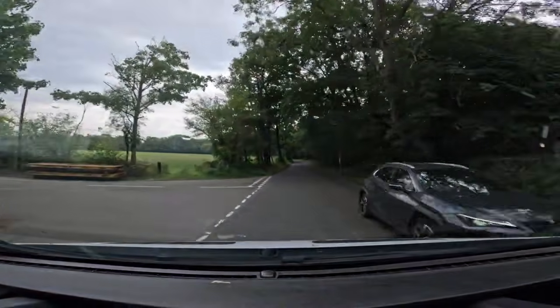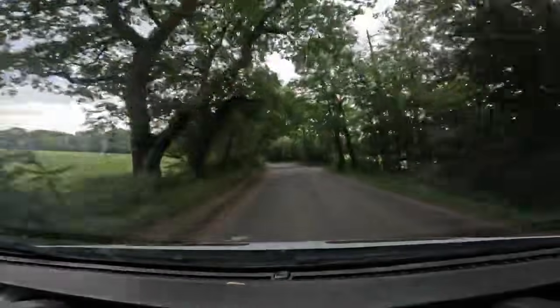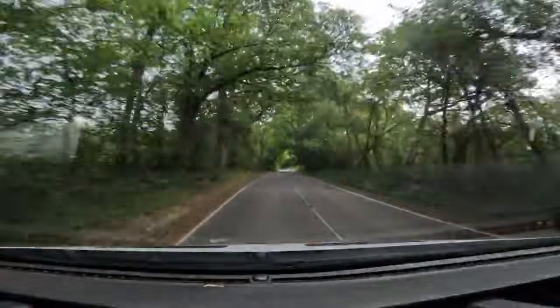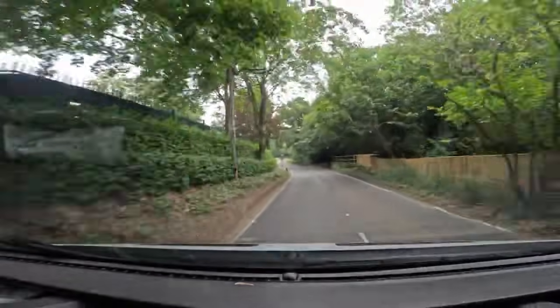Slow just to see, but I think I'm okay, because obviously it tells you how tall the middle is, but I can't see how tall the sides of the bridges are. And just keep going around. And now this next part is a little bit challenging sometimes if the road is busy, so just going to go around here,